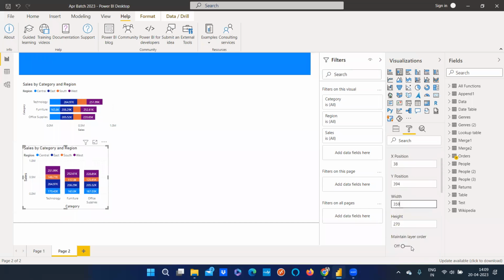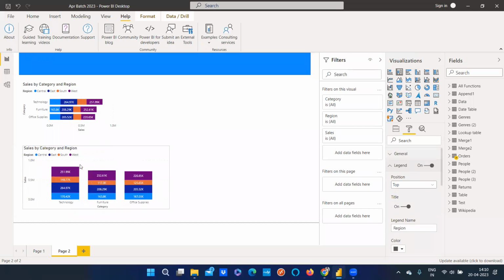Then we have something called multi-layer, maintain layer order. Layer order is nothing but it will try to assign the x-axis and y-axis based on the layer order we are using, based on the other visual. That's the only difference. Then we have something called a legend. Legend is nothing but the colors that we are showing in here. Suppose if you don't want it in here, we can move it to the bottom. You see,